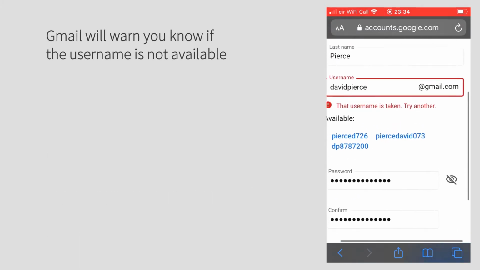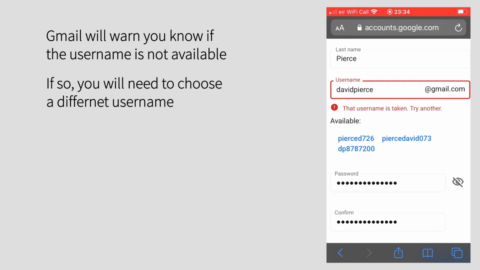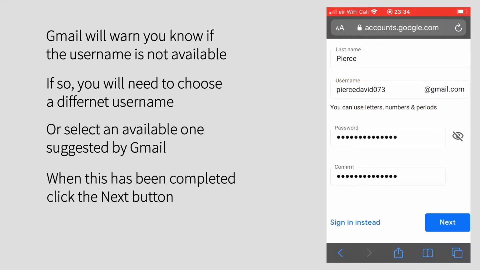Now, what we have here is to find out that the name is already taken. In other words, davidpearce@gmail.com is already in use by somebody else. So I have to think of a different name. I can now go back and try a different name of my own, or I can take one of the suggested ones that are down below in blue. So I'm going to use the PearceDavid073, and that's going to be my new email address. So once that's in there, you can press the next button,